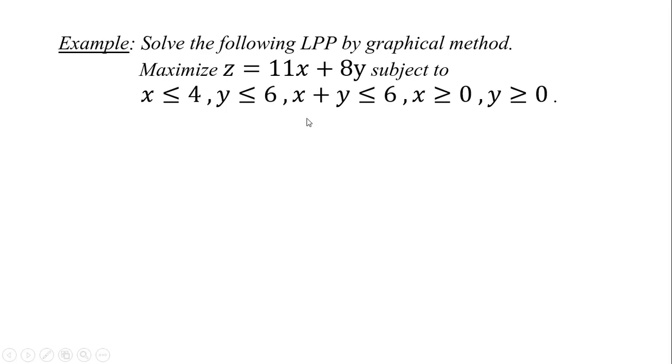Now we are going to use graphical method and corner point method in this graphical method. So let us see how to solve this. Now to solve this LPP means we have to find values of these variables x and y, and such values of x and y which will maximize this objective function z. Those values of x and y with that value of maximum z is solution of this LPP.